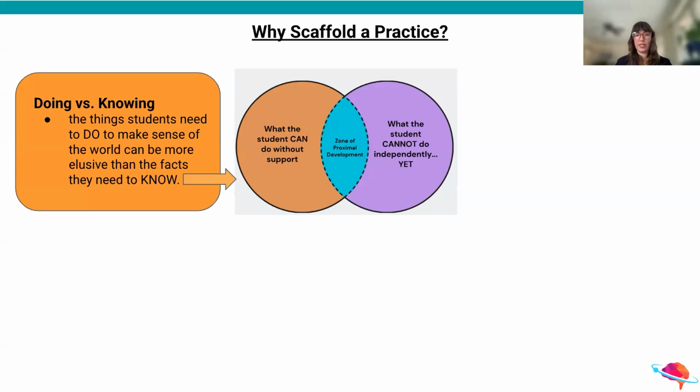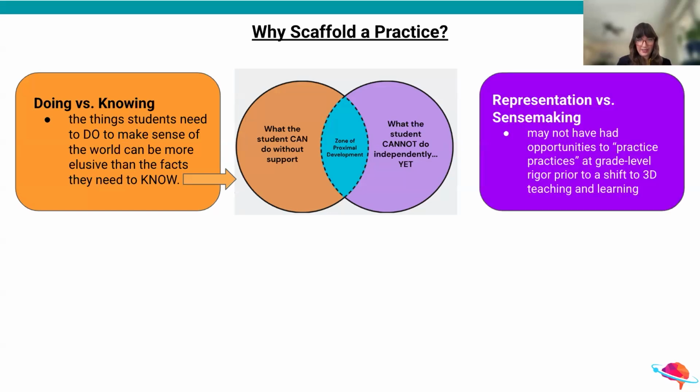So first, we need to find out what they can do without any support when they're not in their zone of proximal development. Can they sit and knit and watch TV at the same time? And this is where scaffolded questioning in a thinking routine can come into play. So if we help students successfully access and practice science practices, that always feels like Austin Powers. It's like too many babies, baby, right?